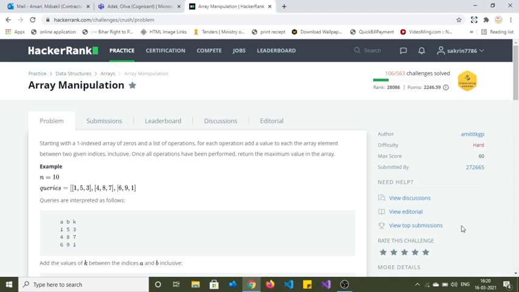Today I am going to solve this HackerRank problem based on data structures. The problem name is Array Manipulation. Starting with a one-indexed array of zeros and a list of operations, for each operation add a value to each array element between two given indices, including both. Once all operations have been performed, return the maximum value in the